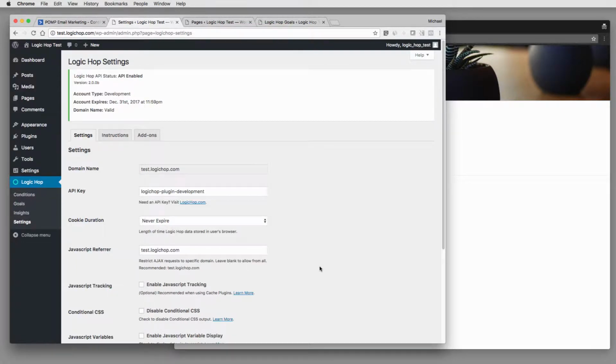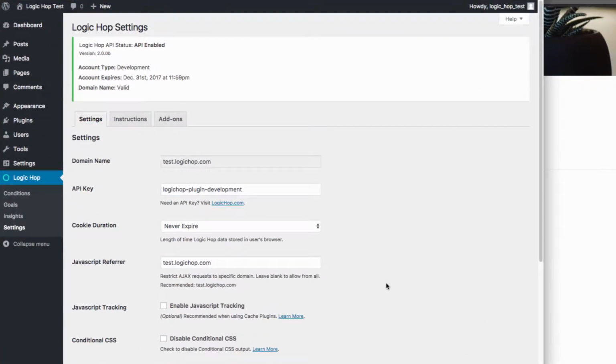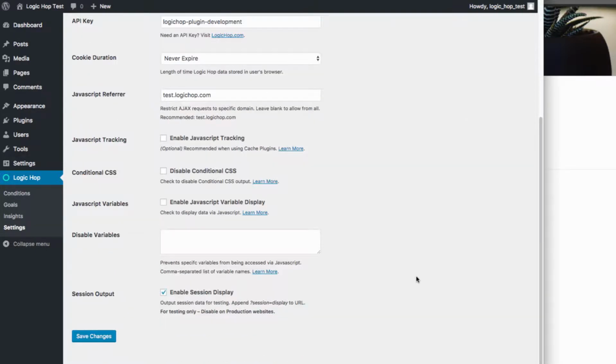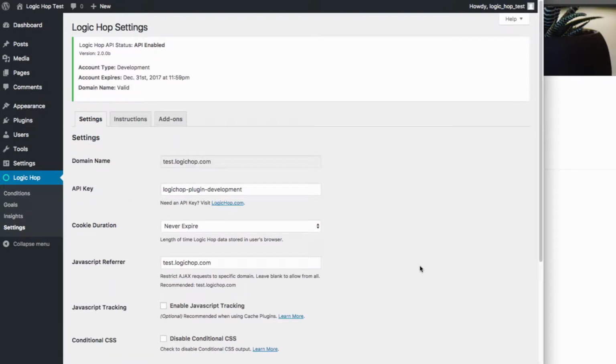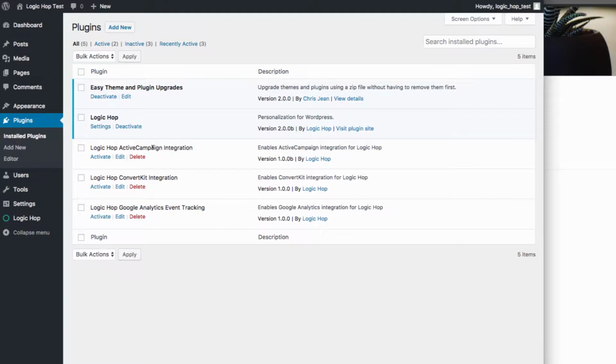In this video, we're going to take a look at the preview of LogicOp 2.0. You'll see we've simplified the LogicOp settings and streamlined this quite a bit. Now, the core of LogicOp is that we have a robust, scalable LogicOp plugin, and now we have third-party integrations. And third-party integrations are things like ActiveCampaign, ConvertKit, Google Analytics. So we've extended LogicOp so we can quickly and easily add these new integrations to give you the functionality you